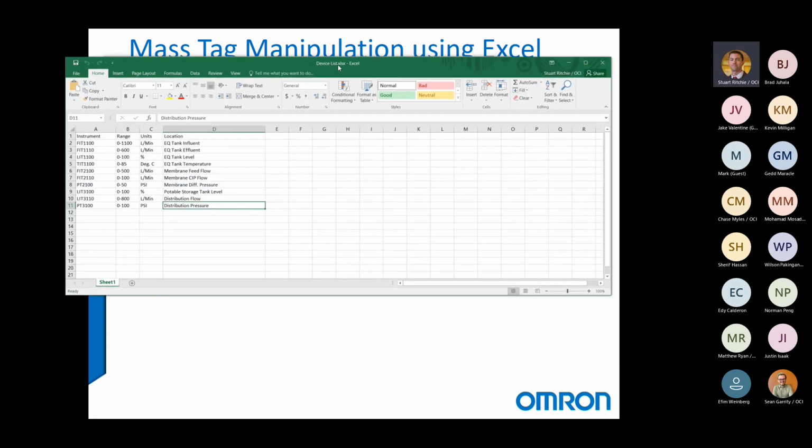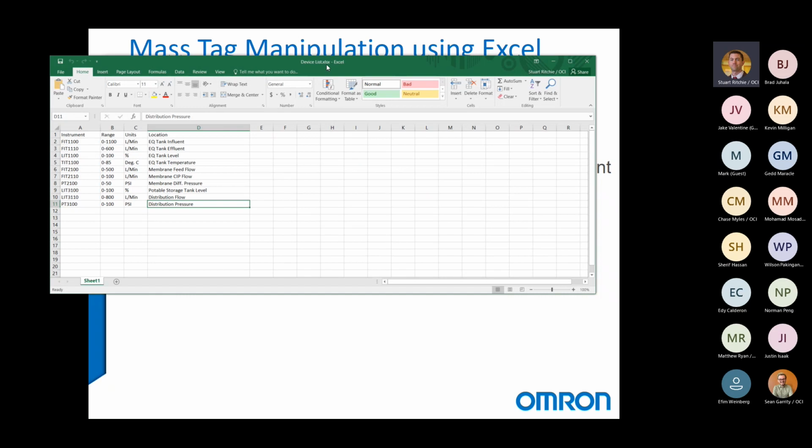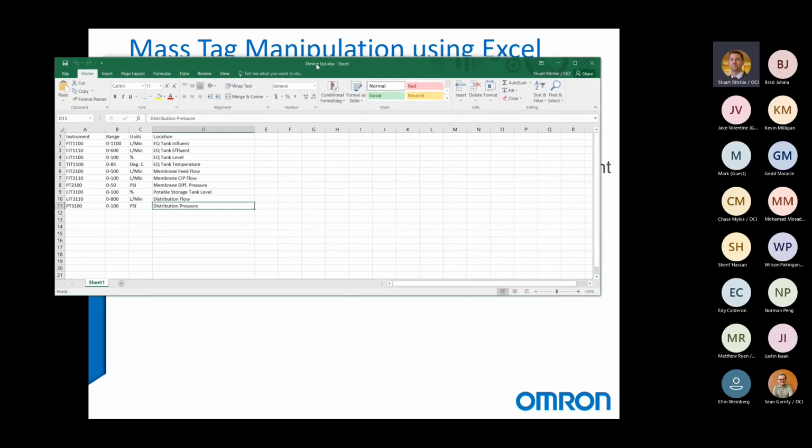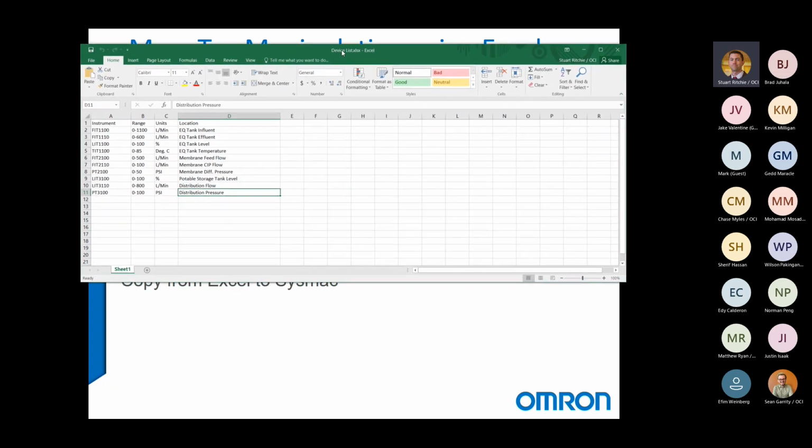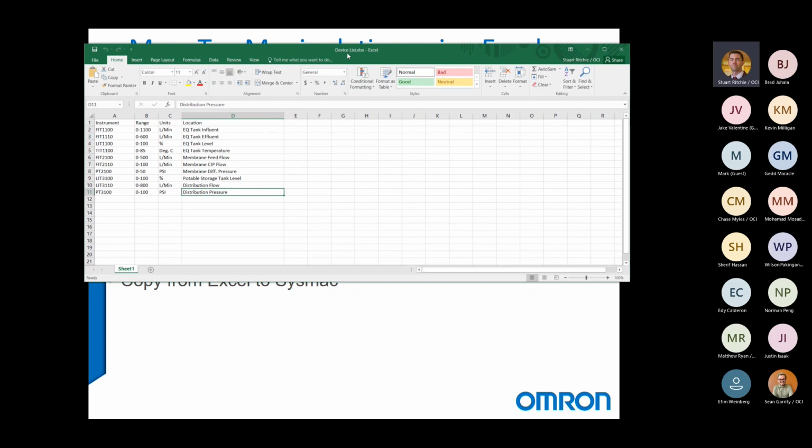And that should bring up, this is unrelated to the lift station, by the way. This is just an exercise in how we accomplish this. So that opens up an Excel spreadsheet with a device list on it and a location comment, as well as range and units. So we often get project documentation like this, either spreadsheets about shutdown set points or functional descriptions,